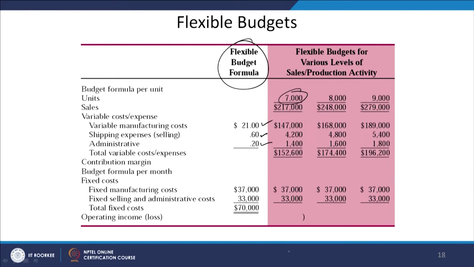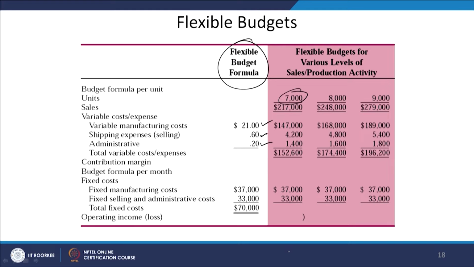So, if the total sales match any of the 3 levels, we already have created the budget for that, right. And if there is still a problem that none of these 3 levels equals the sales, for example, it is somewhere between 7,000 and 8,000 and total sales are for 7,500 units,